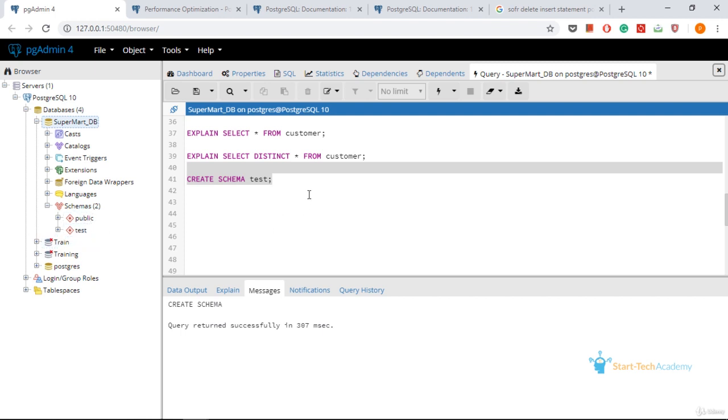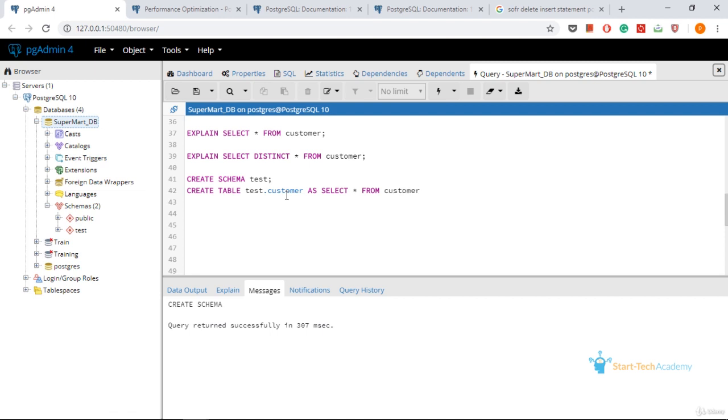We also have test. To create a new object in test, we will write create table test dot customer as select. So we are using a subquery to extract all the data from our original customer table. Select all from customer. Here customer means public dot customer. We are not mentioning public because it is not required. So if we run this statement,